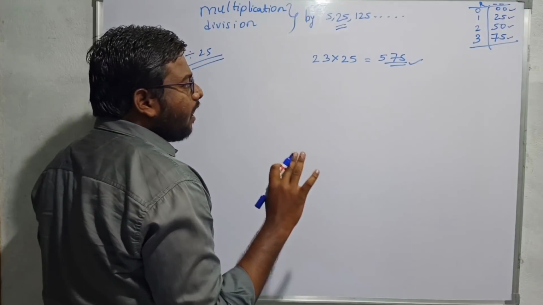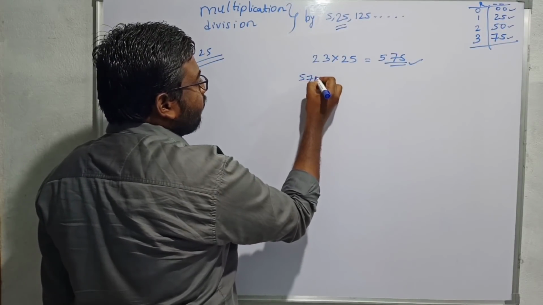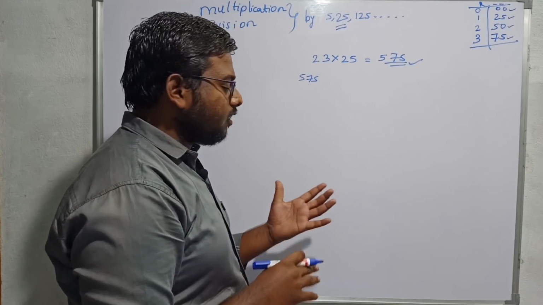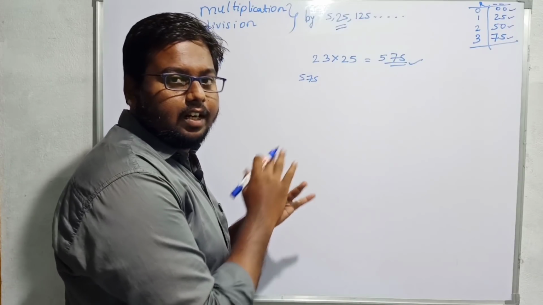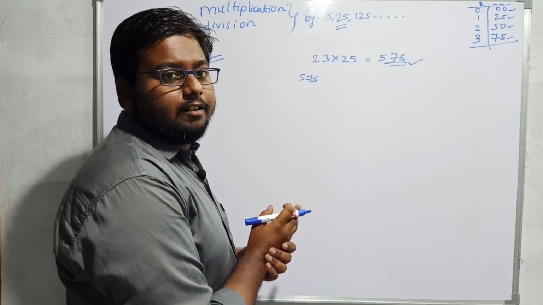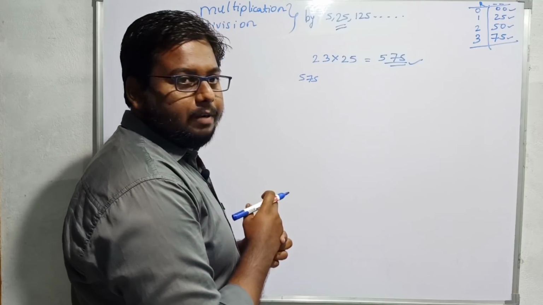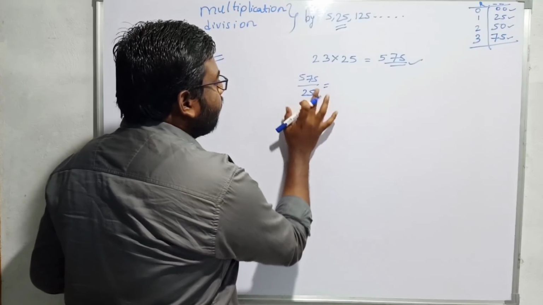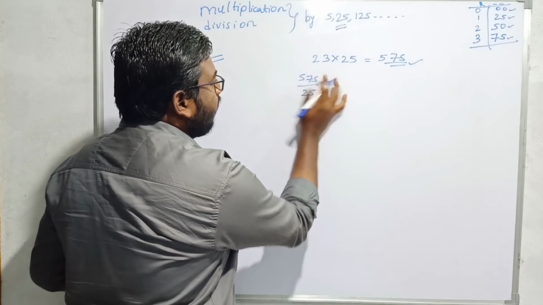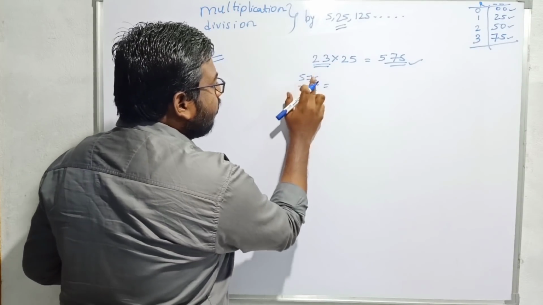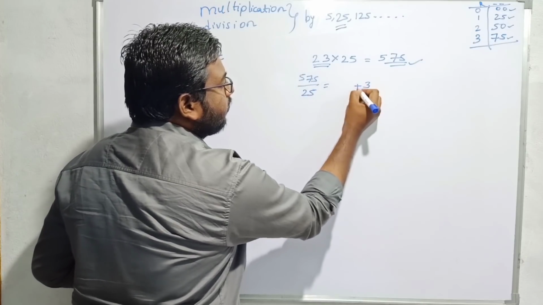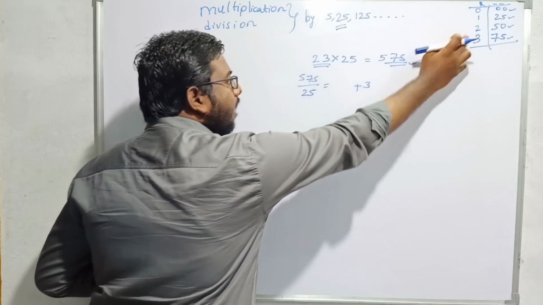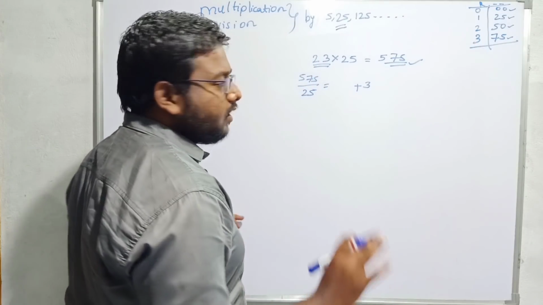For example, if I have to divide 575 by 25, I see the last two digits are 75. If the last two digits are 75, 25, 50 or 00, then the number is exactly divisible by 25. To divide by 25, I want to get the original number. How did I get 75? Because of the remainder 3.